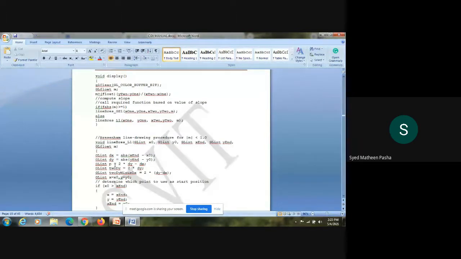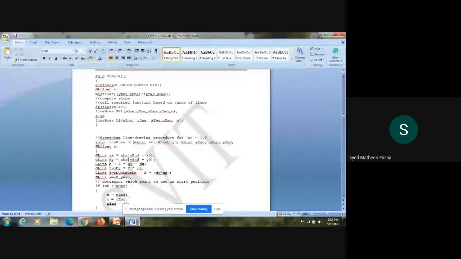Then, as told by someone from the class, first you need to define delta x as well as delta y, and then I need to calculate the decision parameter p. How is delta x calculated? Delta x is nothing but xn minus x naught, the end coordinate minus the initial coordinate.